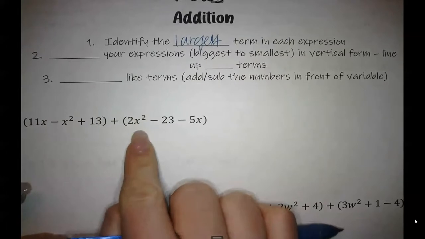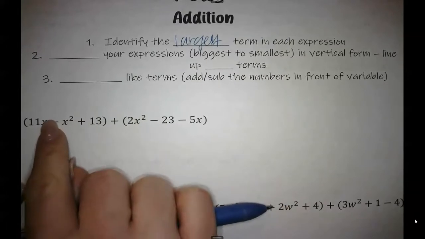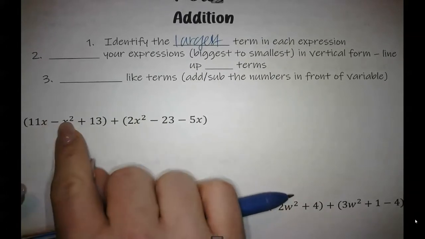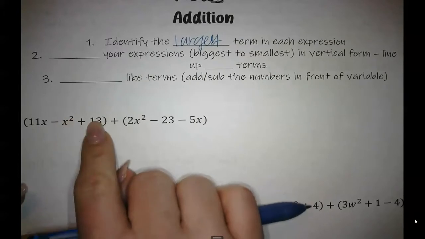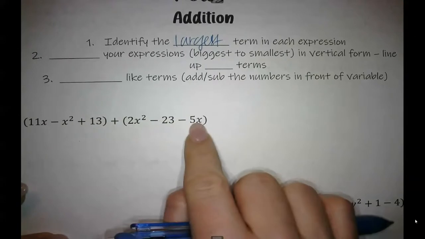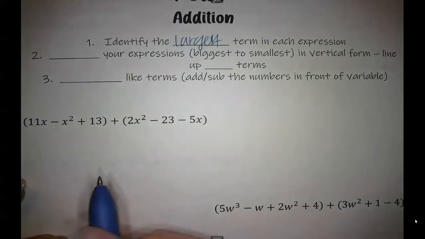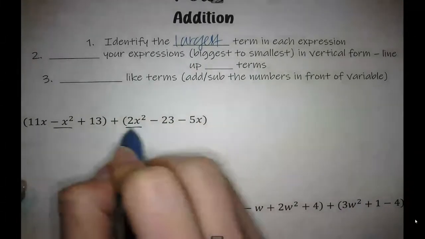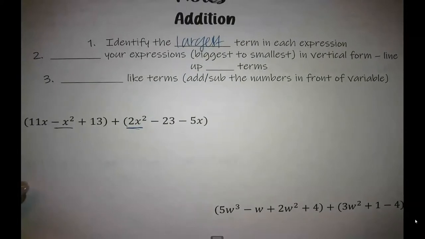If we're looking at this first example, x doesn't have a number above it. This has an x and a 2. This one doesn't even have an x. This is an x with a 2. Again, no x. So our largest term here is our x squared. Okay? And then we're going to